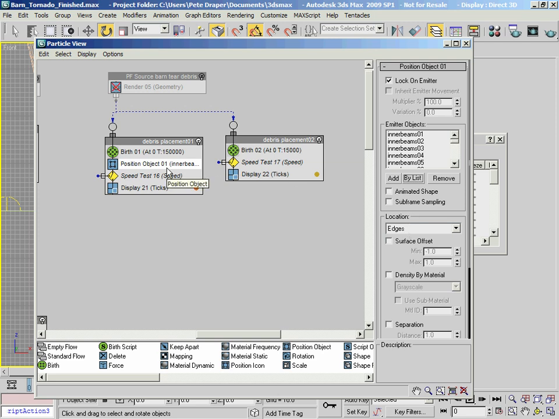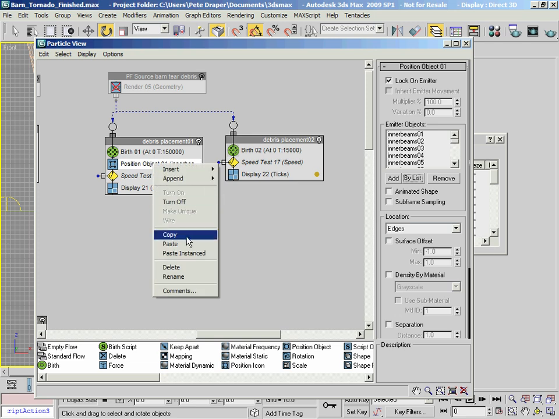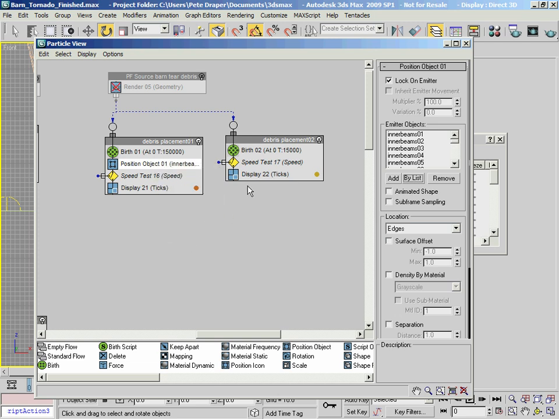And because we've got all this stuff set up in here, we can simply copy the position object operator and paste it across to this debris placement 02.